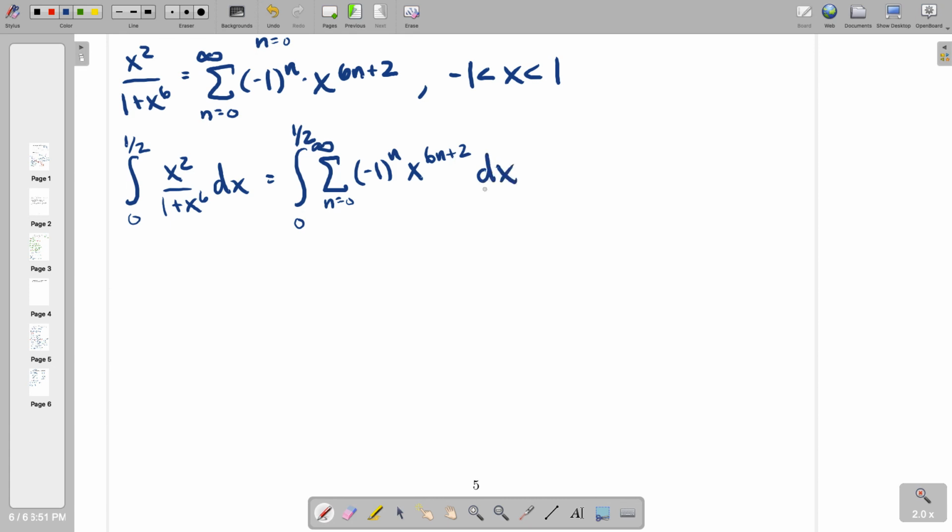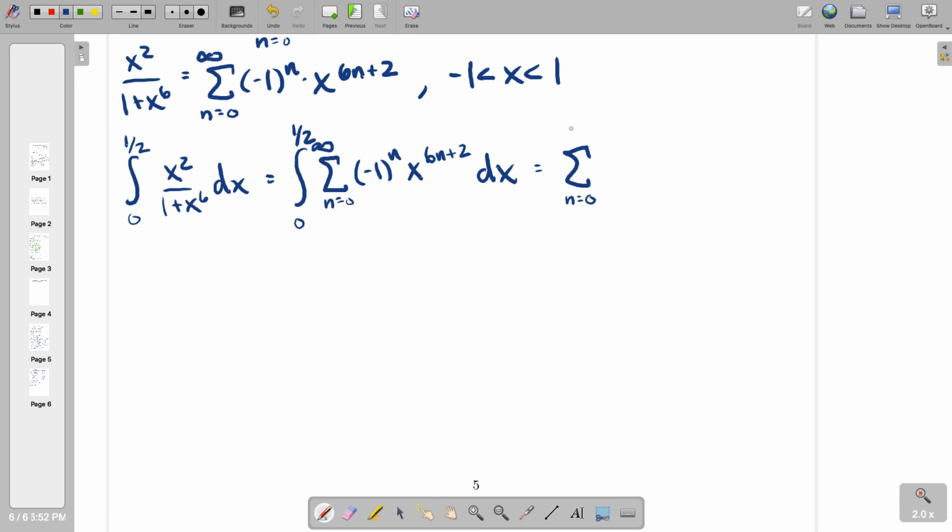And we know how to come up with a formula for that. So this is going to be equal to the integral, excuse me, we're taking the integral right now. It's going to be equal to the sum